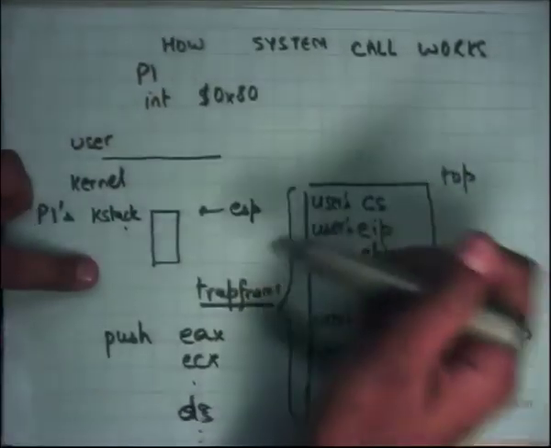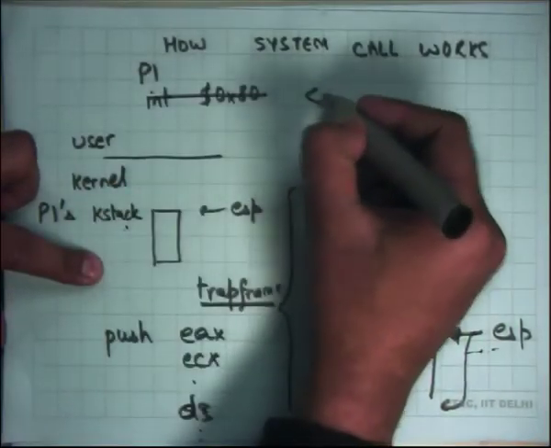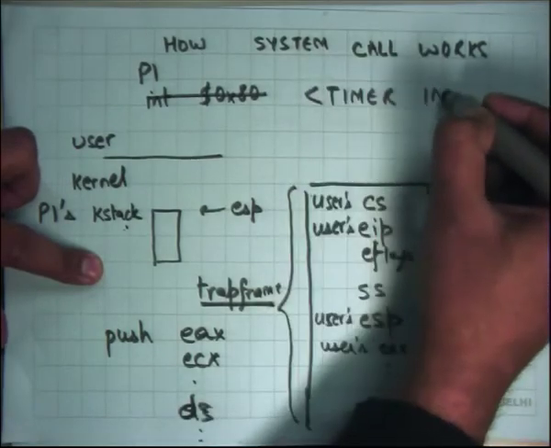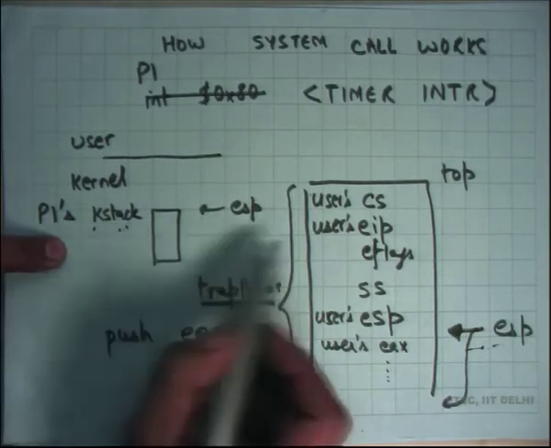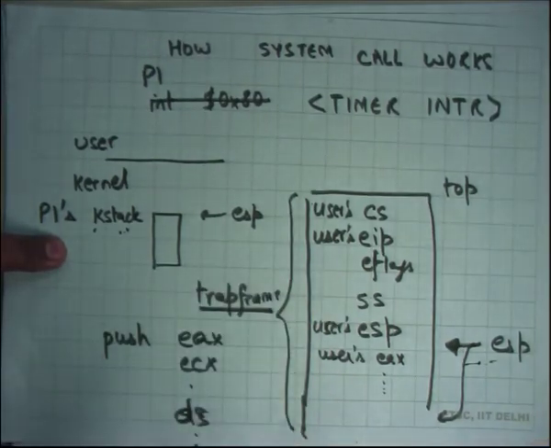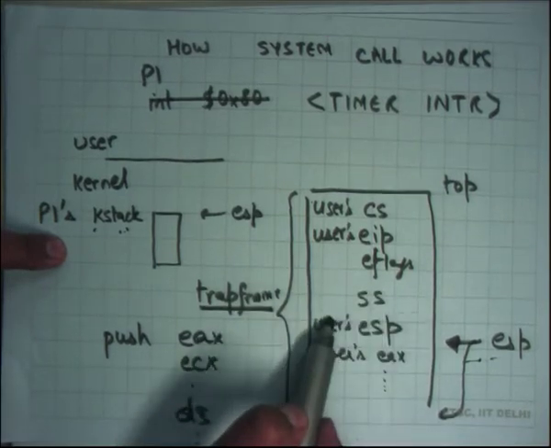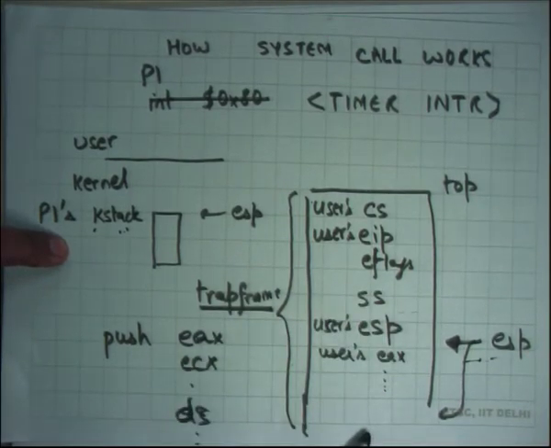So instead of interrupt 0x80, let's just say an external timer interrupt occurred, right, and once again P1 will shift to the K stack and these 5 values will be pushed by the hardware, other things will be pushed by the timer handler, and now it will call the scheduler. It will be the identical thing. The only difference between a timer interrupt and the yield system call is that a timer actually forced the preemption, whereas yield was a voluntary preemption. The mechanism is identical.